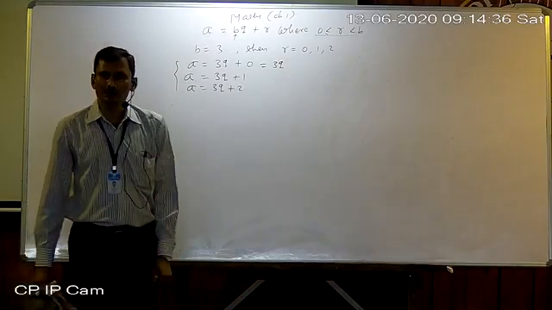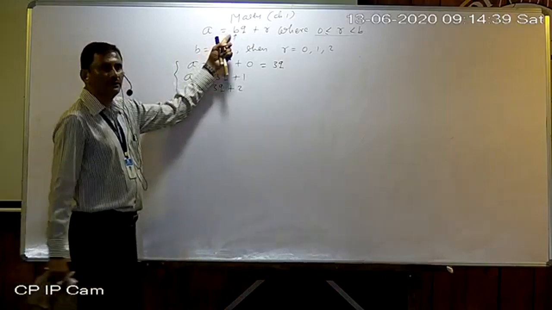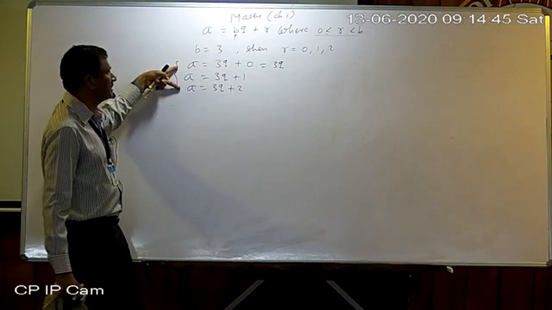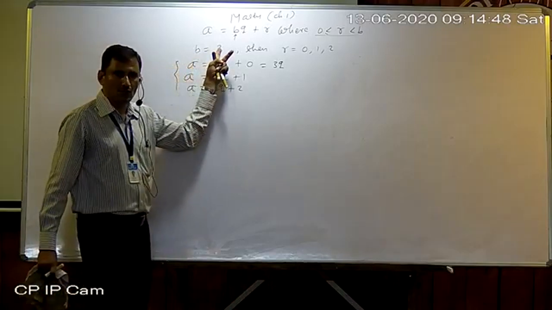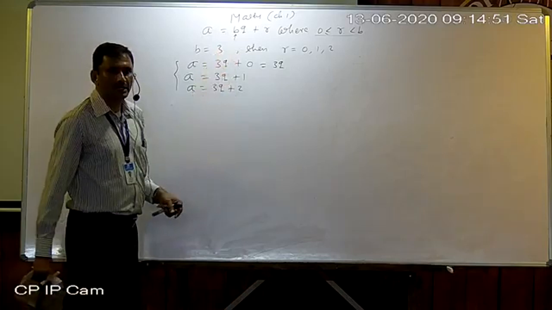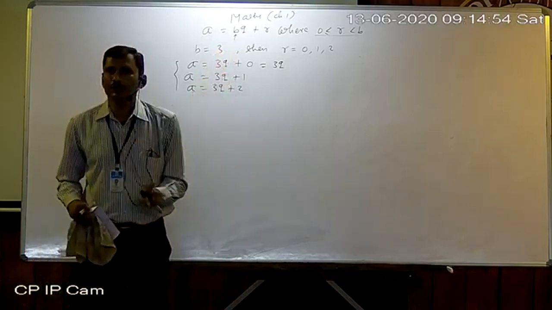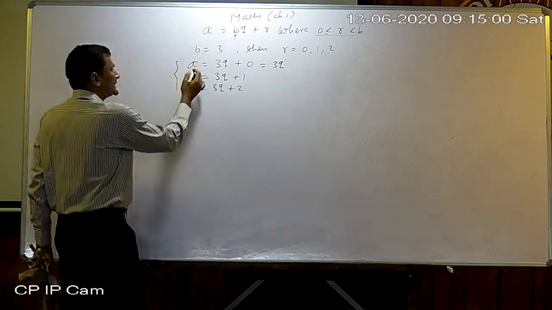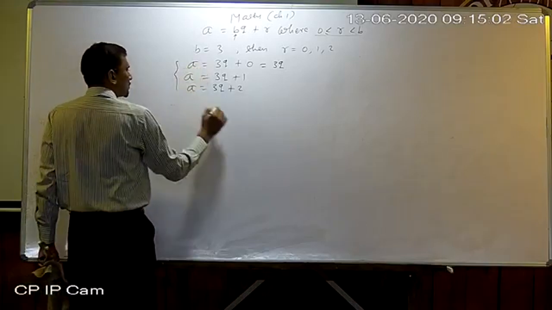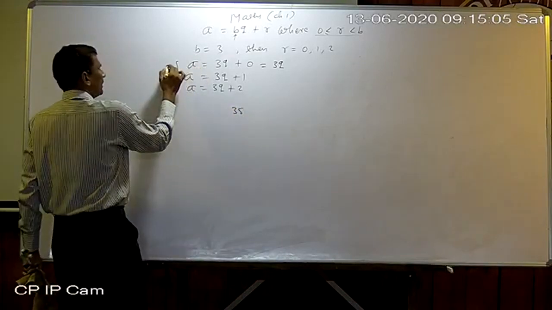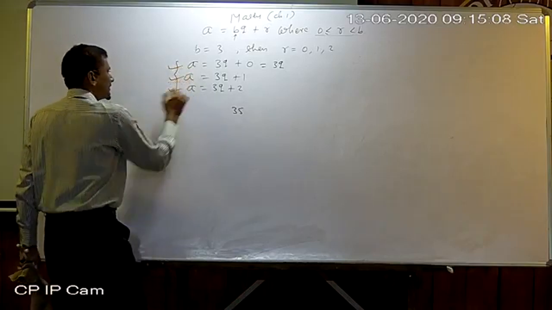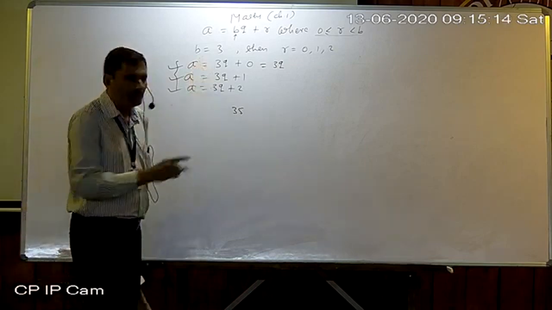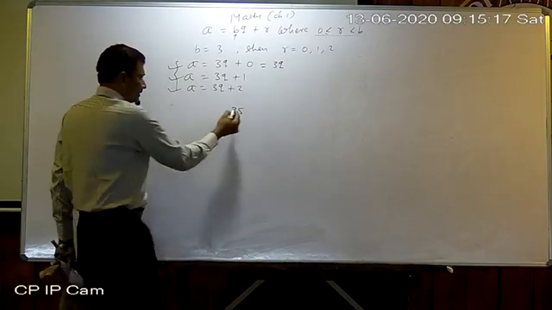Instead of that, suppose I decided B equals 4. Then we would get 4 expressions. So understand, according to your supposition of B, you can have many expressions of that unknown number, whatever unknown number we don't know. But now I give you an example. Suppose it is 35. So 35's expression can be written either this way, or this way, or this way. Any number can be expressed by any one of these 3 ways.